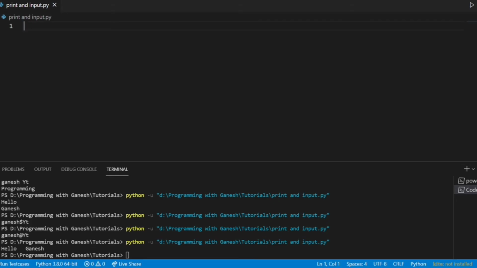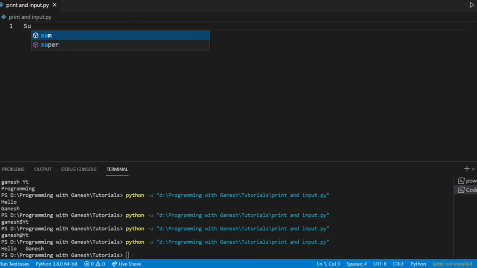When you want to take the input from the user, then you can use the input function. Suppose I have the marks for subject 1 equal to 80. If I score 80 marks in subject 1, but this is for a certain student, and I want to take the input from the user for the second student, then how can I take this? For that you can use the input function.